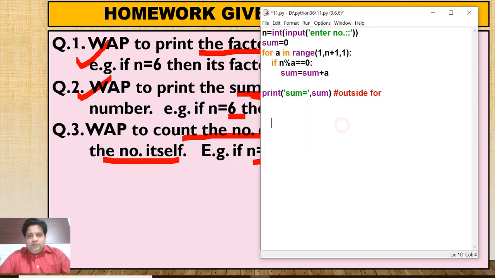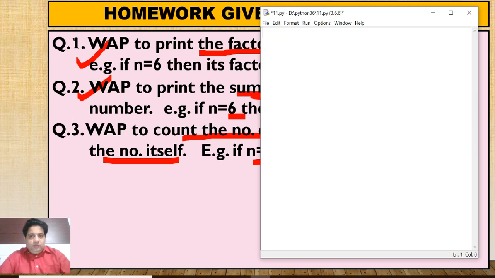What is the logic? Suppose n equal to 6. You are doing it manually. First of all, you are checking its divisibility by 1. So 6 mod 1 is equal to 0.